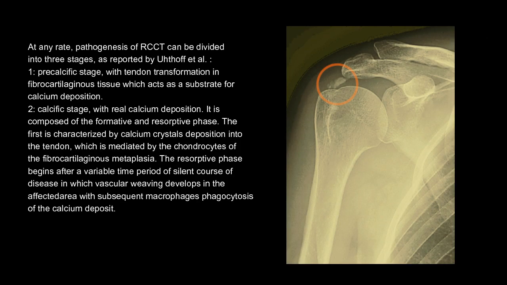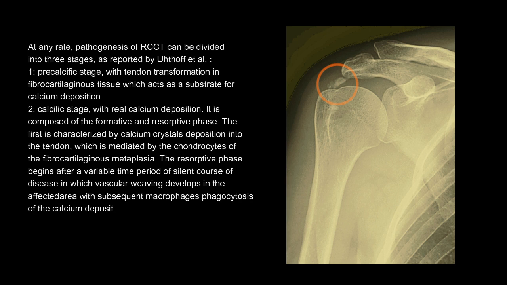At any rate, pathogenesis of RCCT can be divided into three stages, as reported by Uthoff et al. 1. Precalcific stage, with tendon transformation in fibrocartilaginous tissue which acts as a substrate for calcium deposition. 2. Calcific stage, with real calcium deposition. It is composed of the formative and resorptive phase. The first is characterized by calcium crystals deposition into the tendon, which is mediated by the chondrocytes of the fibrocartilaginous